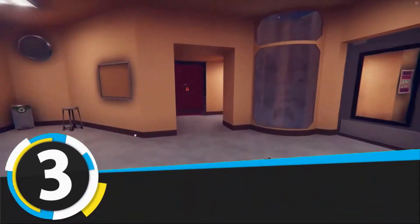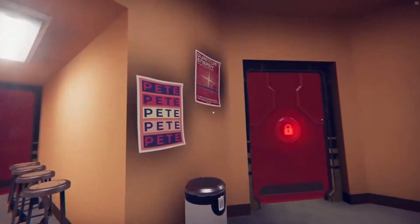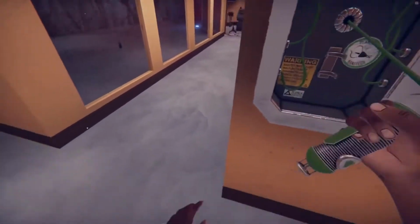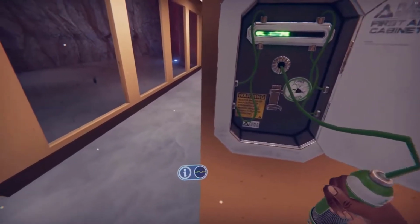Okay, so with our third pick here, this is something that I do think needs to happen sooner than later and is definitely a big ticket item for me, and this is more interaction in VR games. If you've ever played a true built from the ground up VR game, sometimes there is...